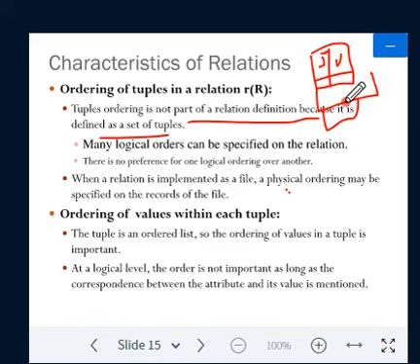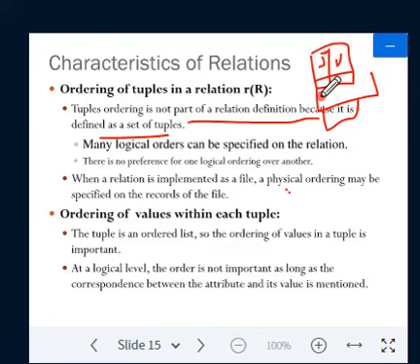So when I take each tuple, it means a row. While creating the table, you might have given student name first, create table student, student name, then USN, then semester, like that. Or someone else might create table student with student USN, then student name, phone number, fee structure, and finally the marks.